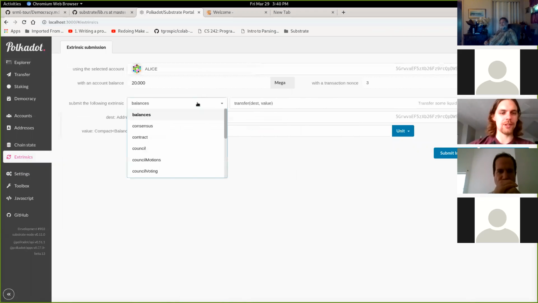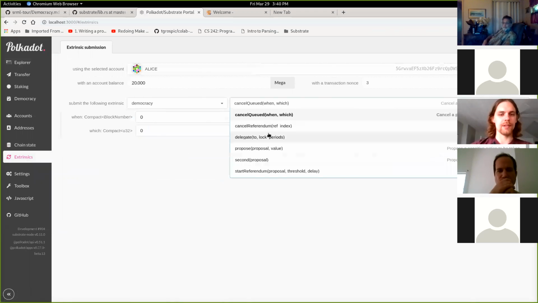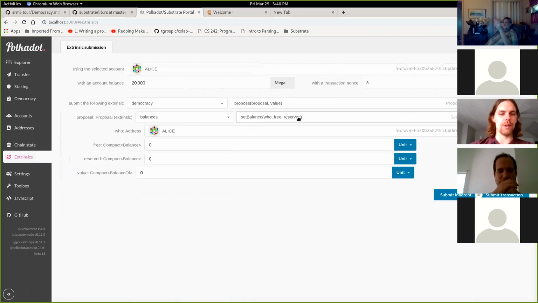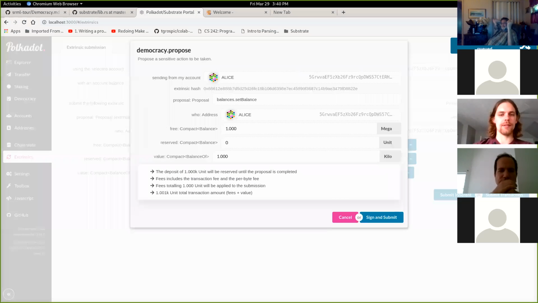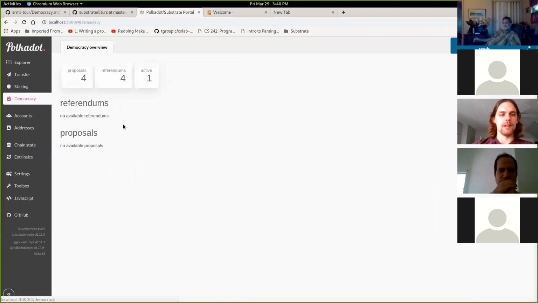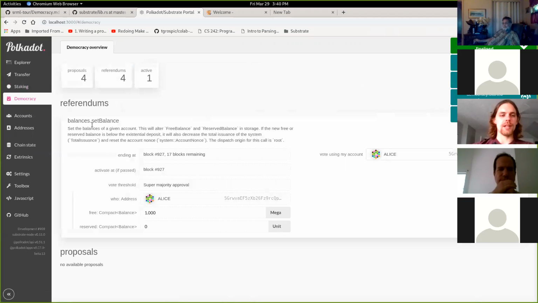So let's just have Alice Democracy propose her own balance. I like to do these balances one because they're just an easy thing to grab. She'll lock up that many tokens. Okay, cool. So there's Alice's proposal. It has a value of,